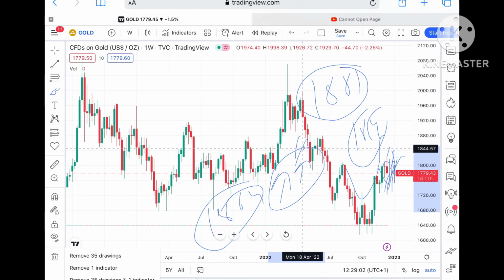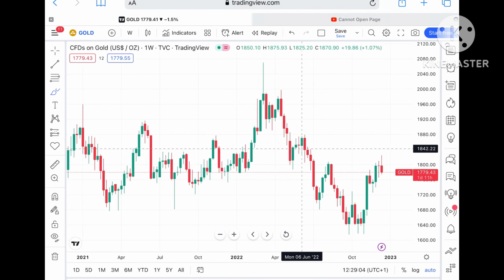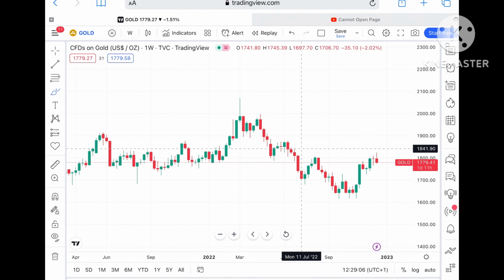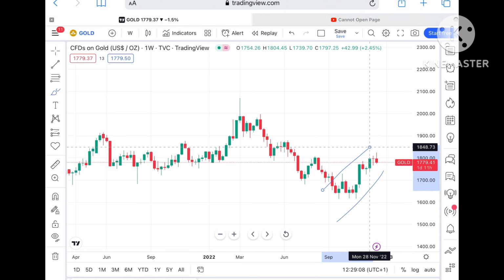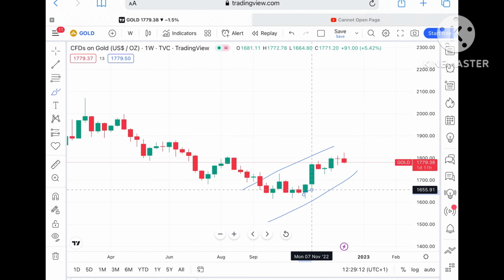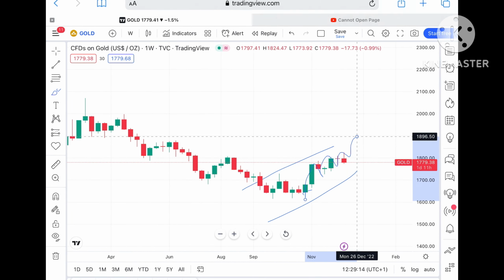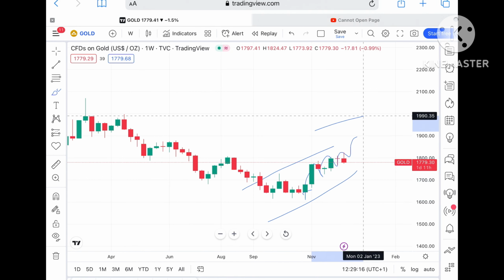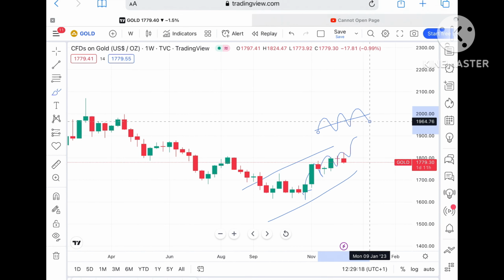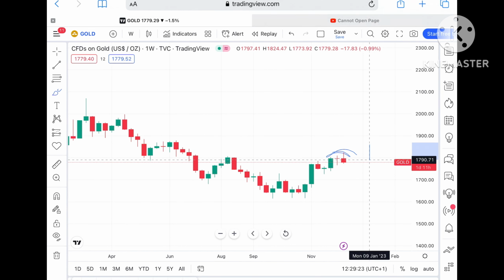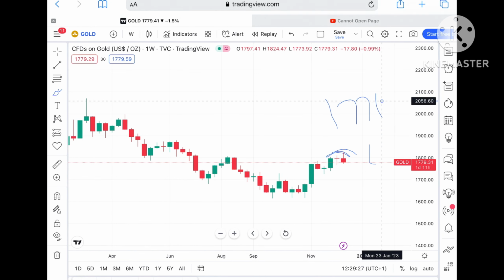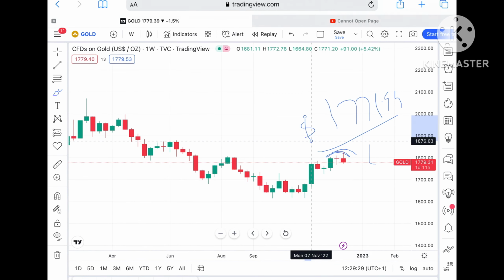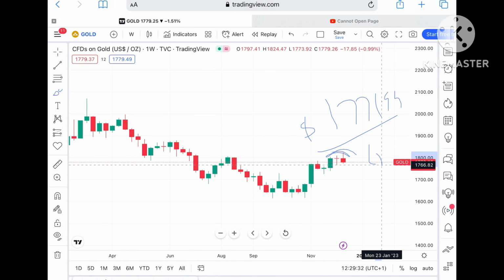Now understand something, the market is volatile, and if you look at this particular zone, from the first week of November, we have seen that the price of gold is fluctuating on a higher side. Looking at this particular chart, we have seen a swing formed at this particular level. Suppose the price doesn't sustain this level, we can see it touch a level of $1771.94, and if the price falls below that level, then we can see it move further down towards a level of around